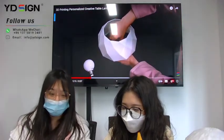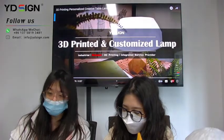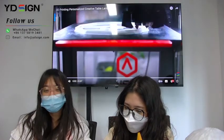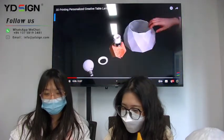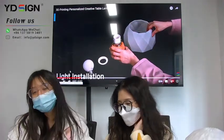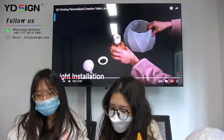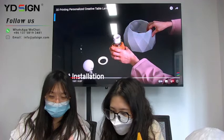Oh, this is a lampshade, right? Yes, maybe it's a little fast, but we could see it again. No problem. Yes, it's an automatic print process. Please see it. Wow, I really like it because I can customize what kind of style of lampshade I like, and I think it's very full of meaning. Yes, and this is the support. Support and the lampshade,